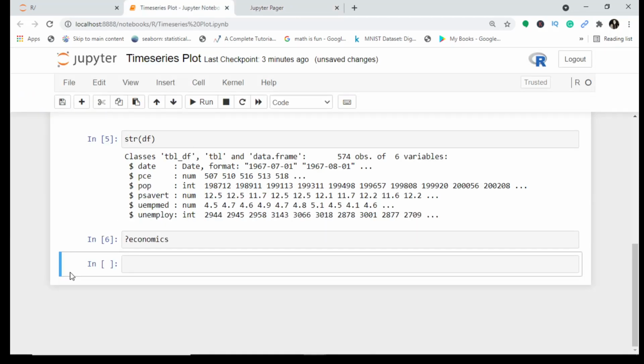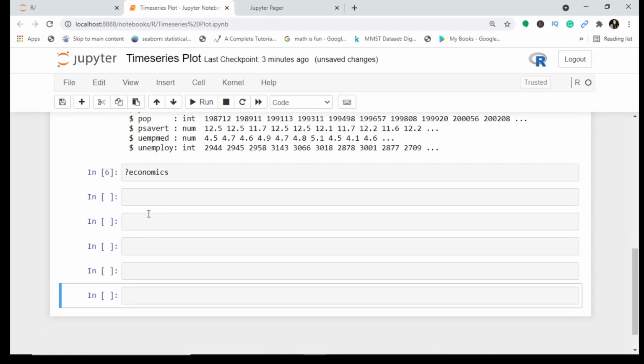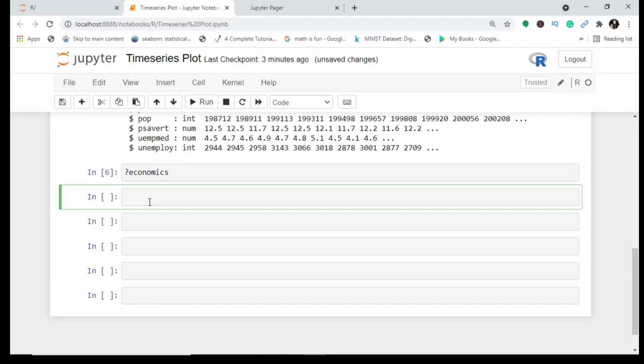Now we will move on to something really interesting, and that is data visualization. You will find this worksheet on kaggle.com. So if you don't want to see the video and you just want to see the worksheet, you can simply go there.